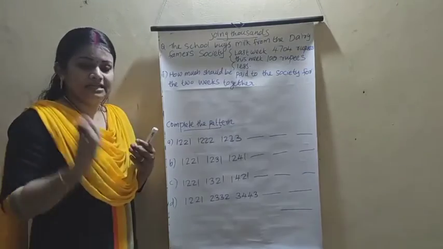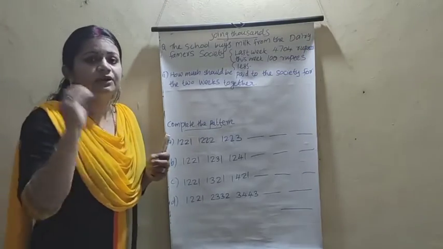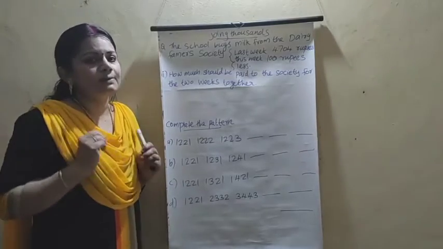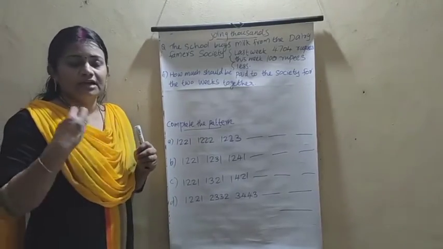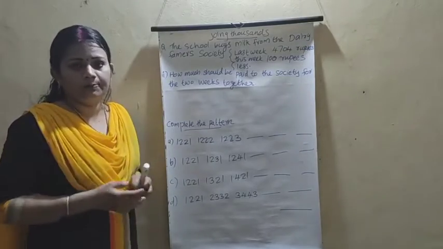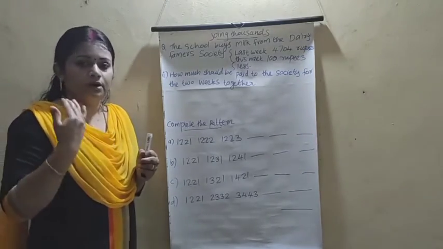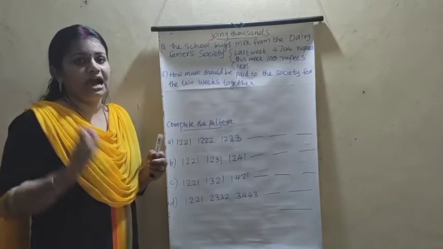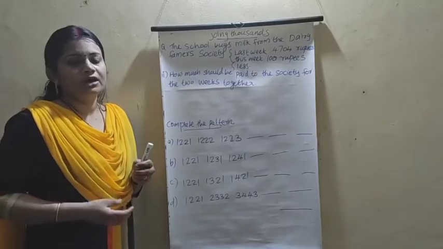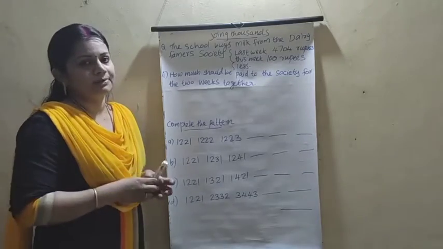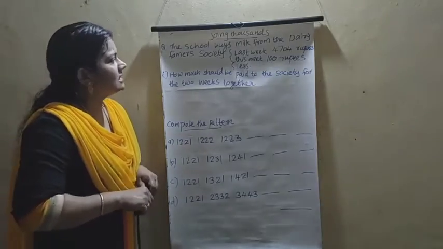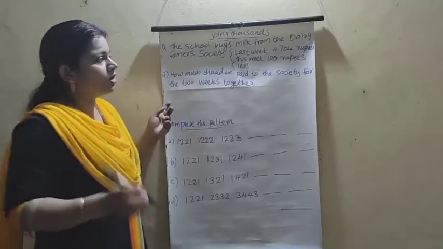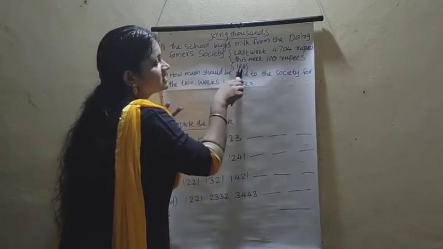First understand one thing: when more than is given, you do addition. When less or less than is given, you do subtraction. The amount is not given directly in the word problem, so to find the amount, listen to the question carefully and read it. Then you do the addition or subtraction. Okay, children. In this problem, last week is 4,704 rupees. This week is 100 rupees less.